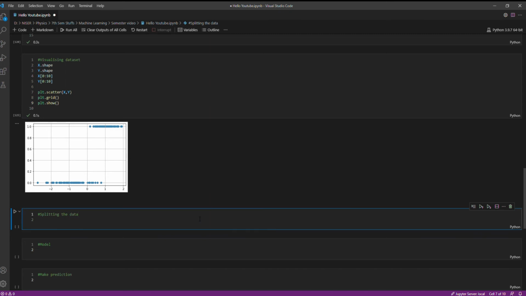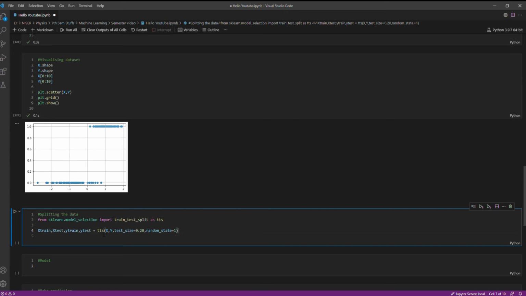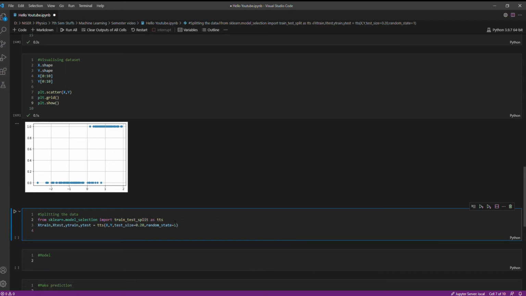When we train our model, we need to split our data into a training and testing set. So from the sklearn library, we will be importing train_test_split. What train_test_split does is it takes two arrays, and the test size is basically the percentage of the data set you want to allocate to the test array.